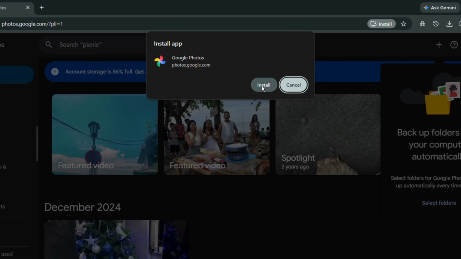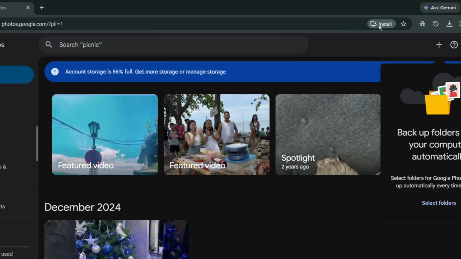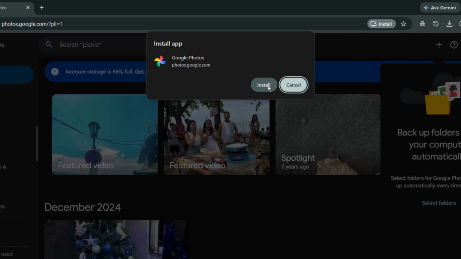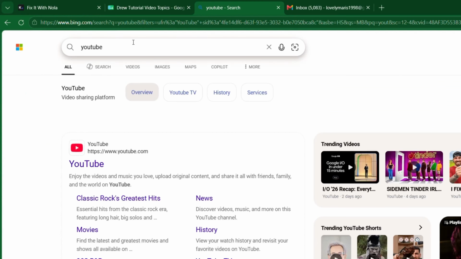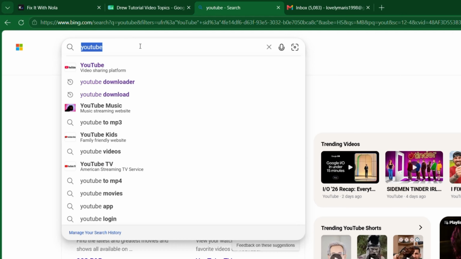And that's it. Next, you can also click this Install button at the top in the URL address bar. So click on that. Then click Install again to confirm the action. And that's it. Now, if you're using Microsoft Edge, so let's go to Microsoft Edge and let's search for Google